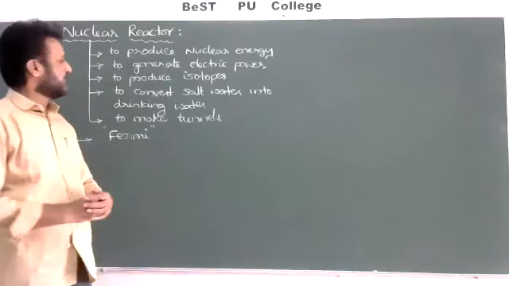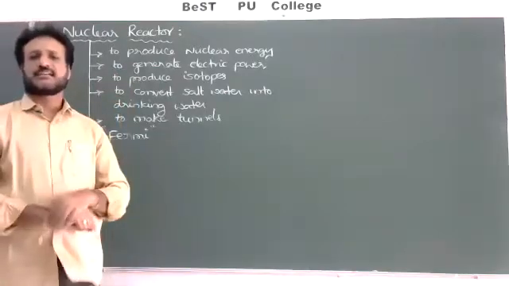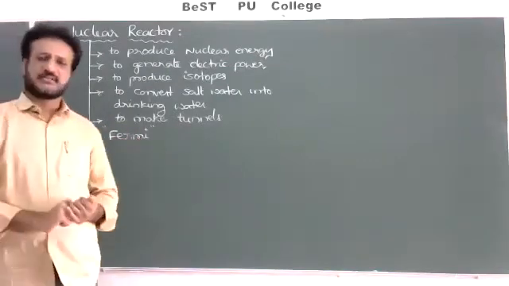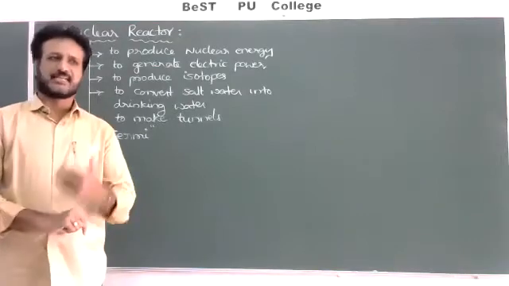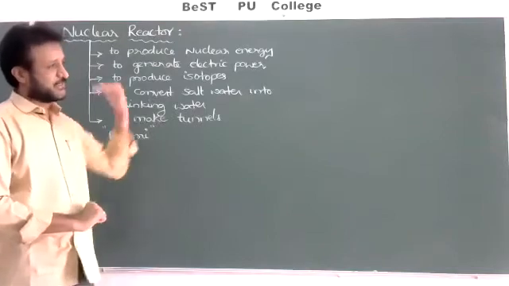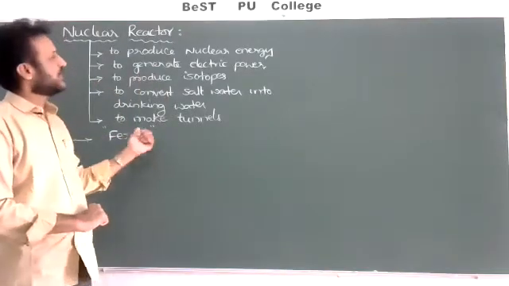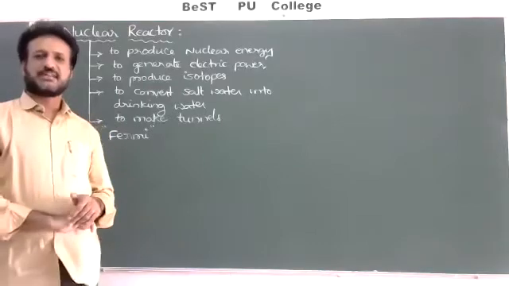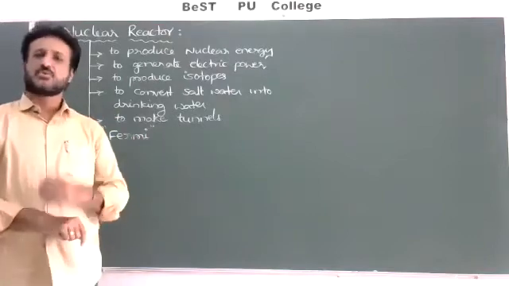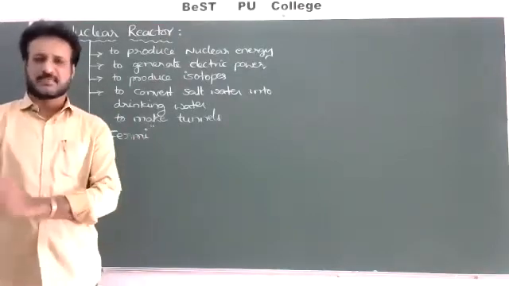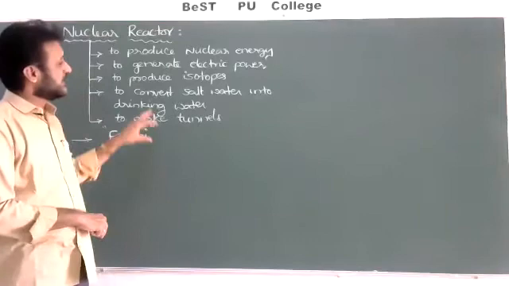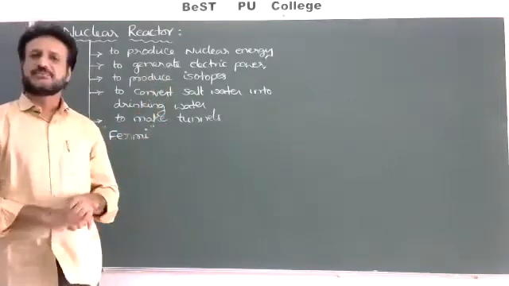Nowadays in the world there are a large number of nuclear reactors used for various purposes. India also has a number of reactors for breeder purposes, for generating electric power, and for research. In the coming years, nuclear reactors will occupy a major role. When water resources and coal gradually decrease, instead of thermal power plants we have to go for nuclear power plants. With safety precautions, they can produce a lot of energy, which is very useful.